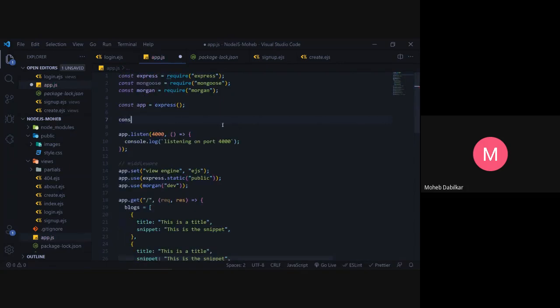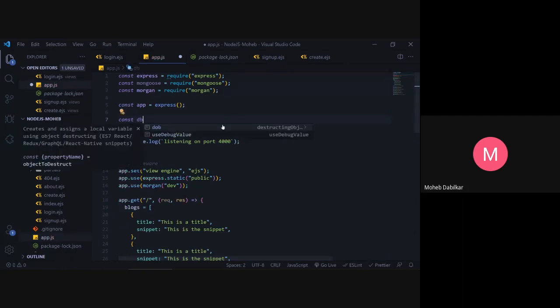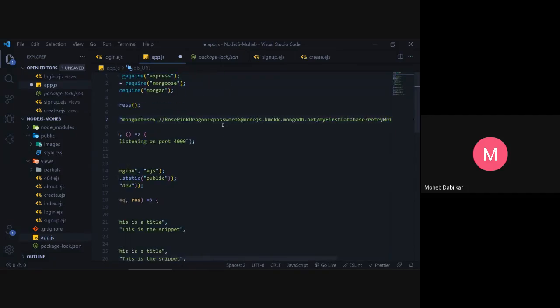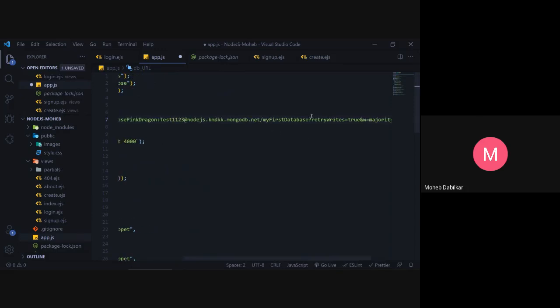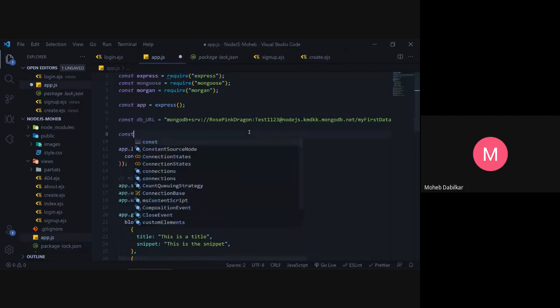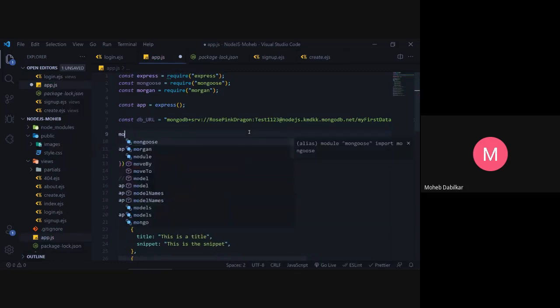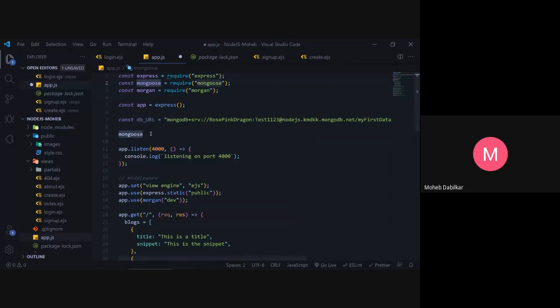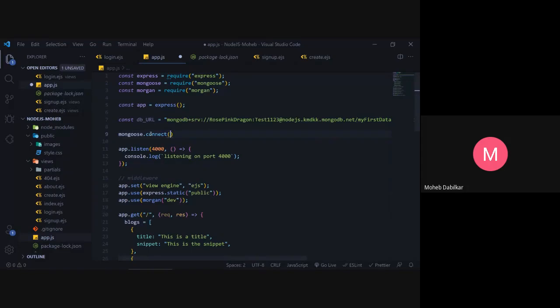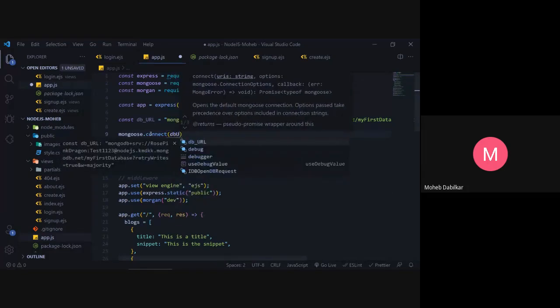Okay, so let's just say const database URL equals, and then this should work, and then test 1123. I guess this should work. My first database. And then what we do is we call in mongoose. So this is your mongoose, and it has an inbuilt function, mongoose.connect, and then you pass in database URL.